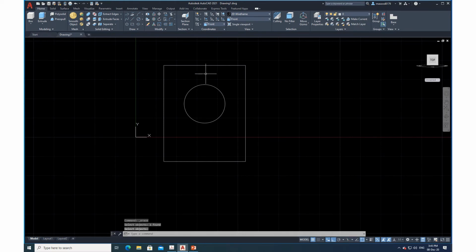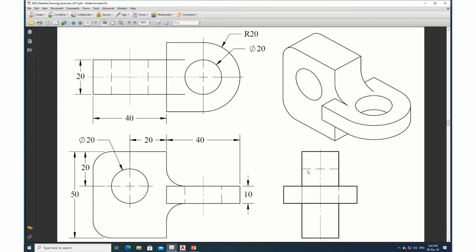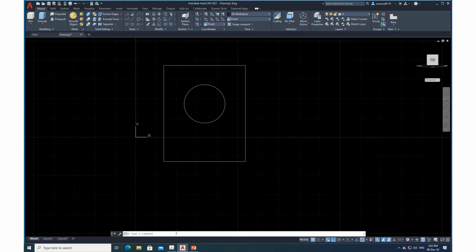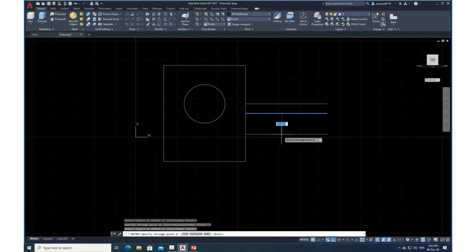So now, what else is there now? Now I have to draw this. I have to draw this one. Where exactly it is located? It is located, it seems, exactly in the middle. What is the thickness? The thickness is 10. Okay, so what I will do is I will draw a line from the midpoint. I will draw a line of how much? 40, enter, escape. Now I will offset this line, offset through, select the line. I will go up how much? 5, enter, then again click here, come down, 5, enter.